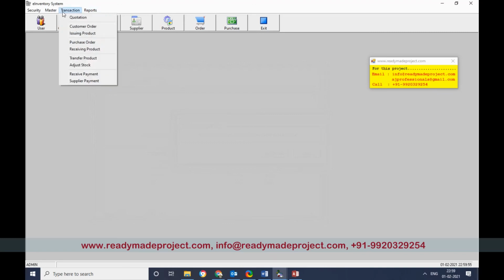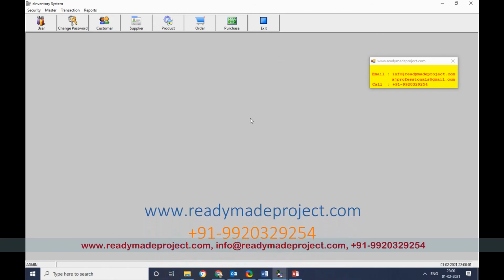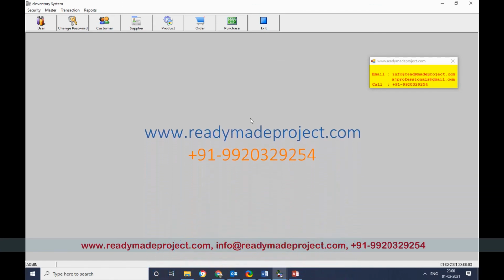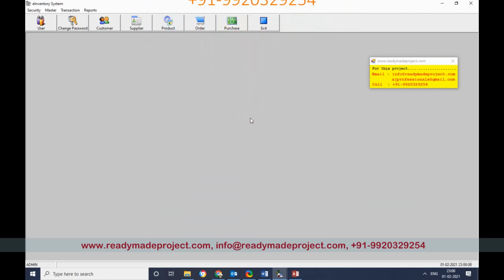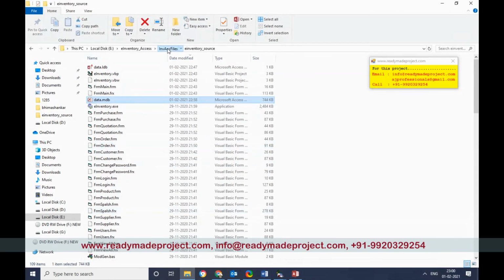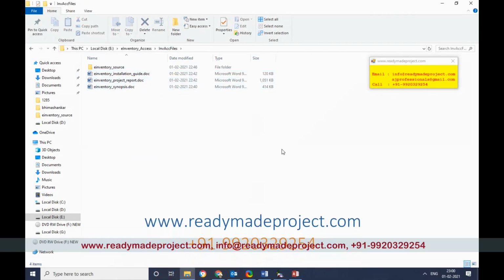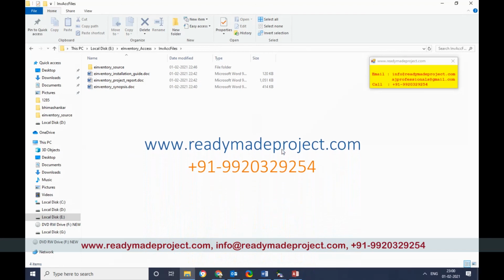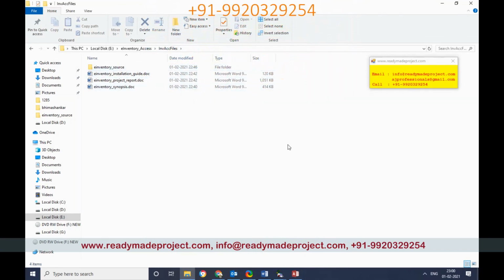So this is the project. Basically, suppose you have a company and you are maintaining inventory, like you purchase or sell products, and you maintain the warehouse. All the details you can maintain in the system. Once you buy the project, you will get all the source code files and all the documentation, and you can use it on your system like Windows 10 or Windows 7. You can run the project and have all the details here.